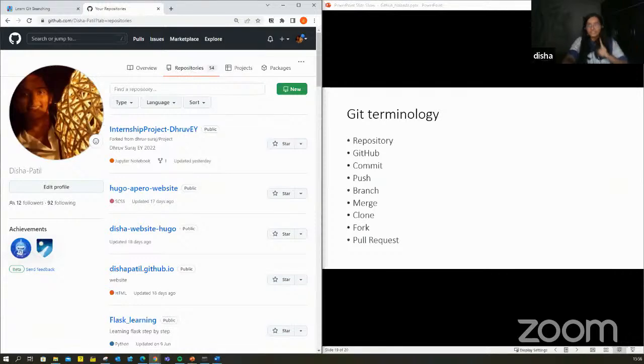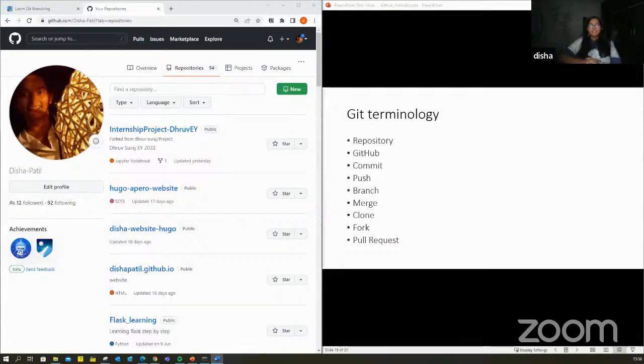Now the first keyword that we're going to learn is what is a repository. Okay, repository is basically collection of files and folders. Okay, Windows Explorer में you make a new folder, उस folder के अंदर आप अपना document, project related stuff, reference links, anything you keep. It's a collection of files. So collection of files and folders is basically a repository. Just consider it a folder or directory.